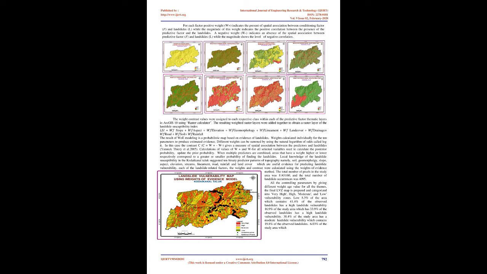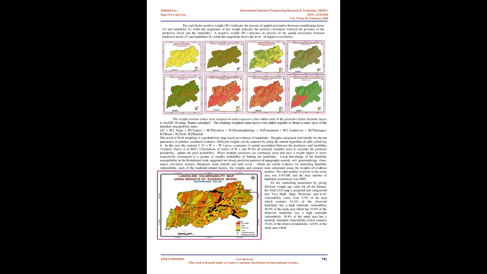This method has also been applied in landslide susceptibility mapping in the past decade (Lee et al., 2002; Van Westen et al., 2003; Dahal et al., 2008; and Regmi et al., 2010). If F represents the presence and F̄ represents the absence of a potential landslide factor, and if L represents the presence and L̄ represents the absence of landslide, then the WoE method calculates the positive and negative weights of the respective factor classes based on the probability ratios.